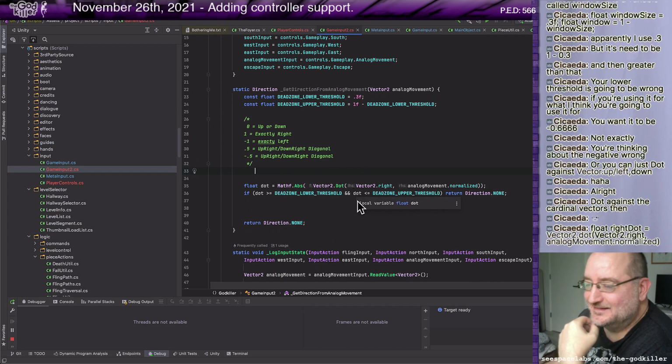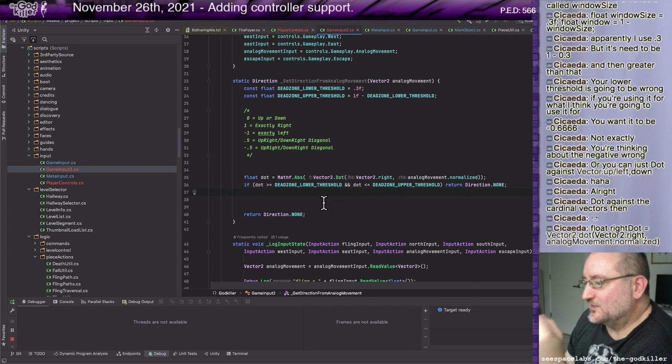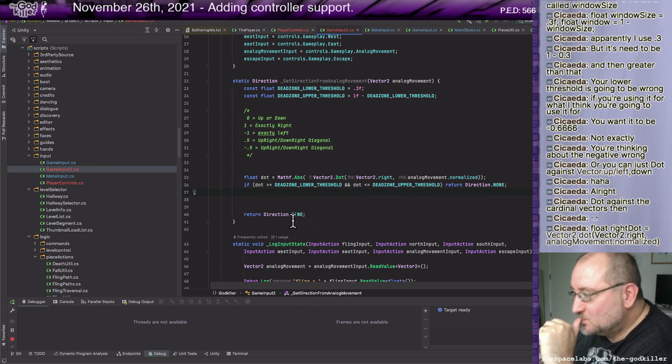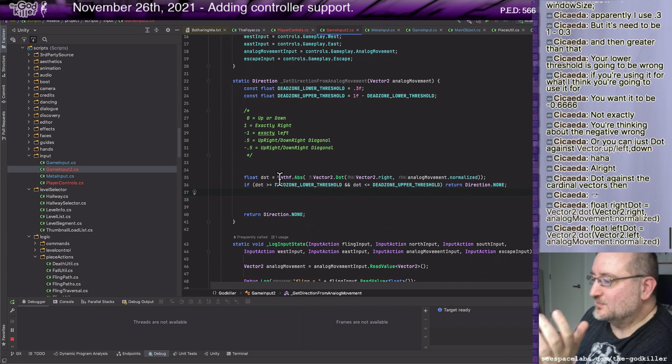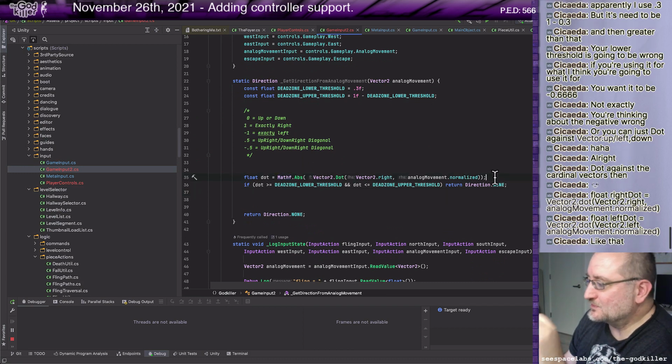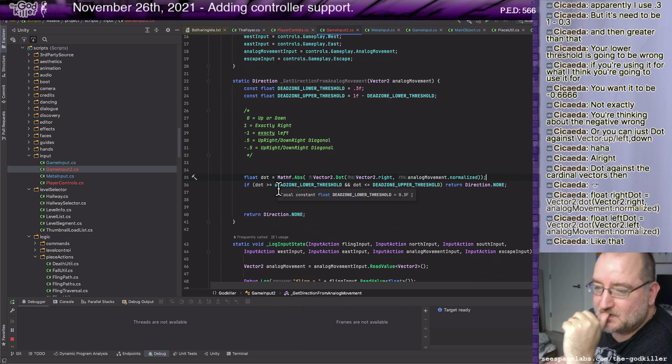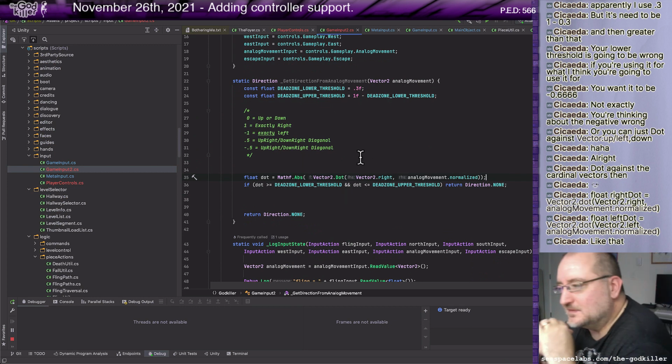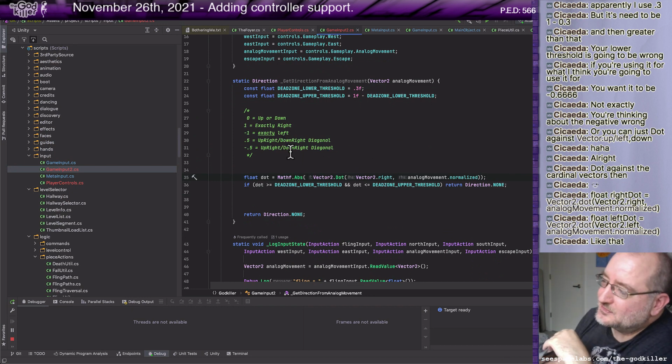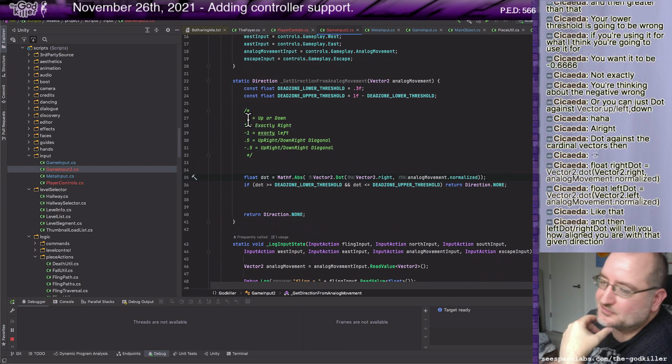So my assertion is that this will give us a value between 0 and 1, and I'm interested in accepting input when it's very close to 0 or very close to 1.